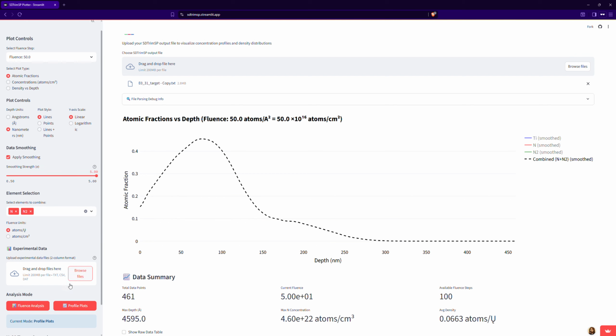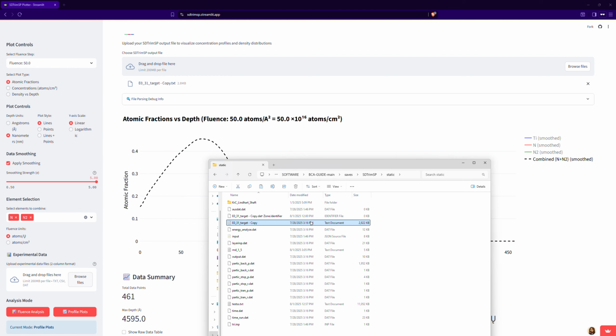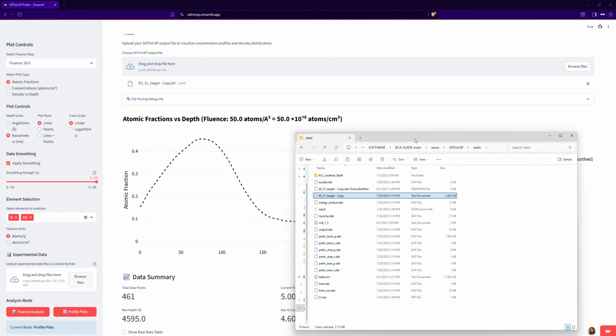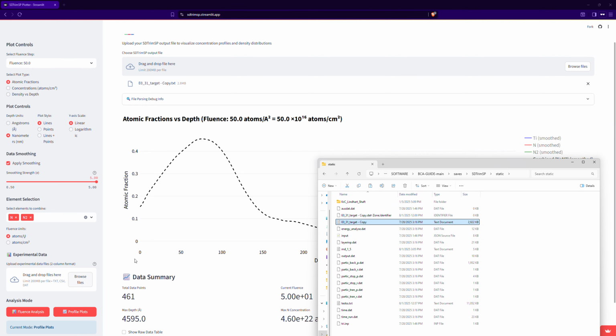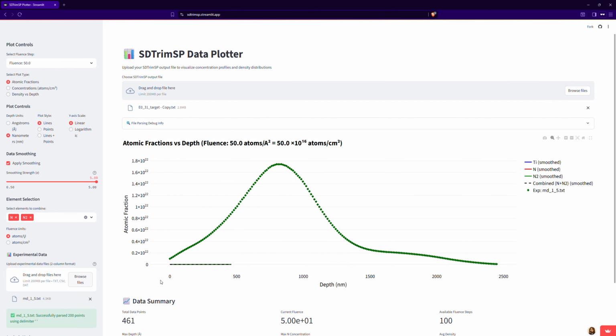And another option I have here currently is that I can upload any two-column data file. So for example, if I measured experimentally the depth distribution profile, I can upload it here. Just for the illustration, I will upload a certain profile from molecular dynamics, drop it here, and it's automatically shown. So it's this curve, and I have it in units of